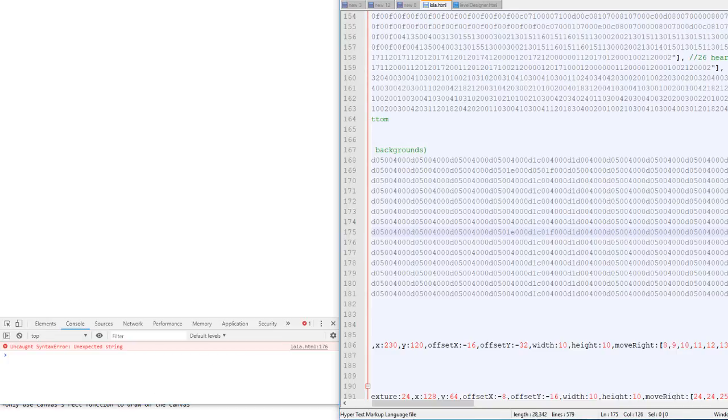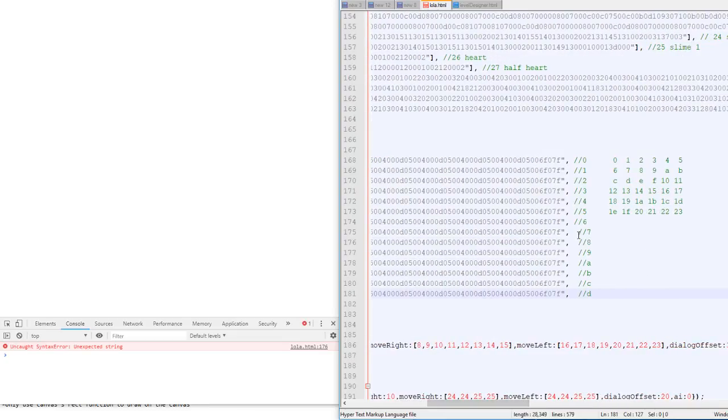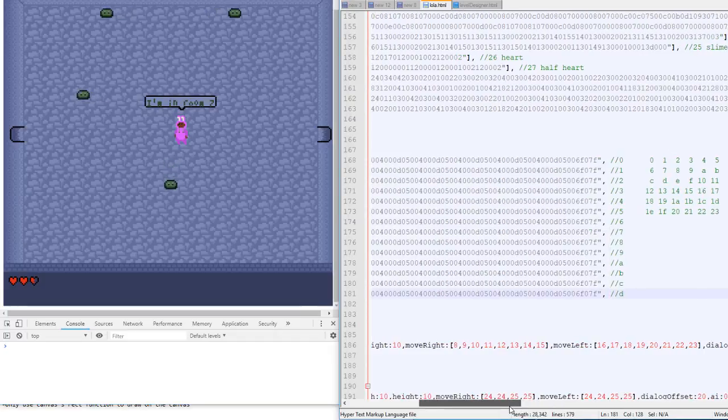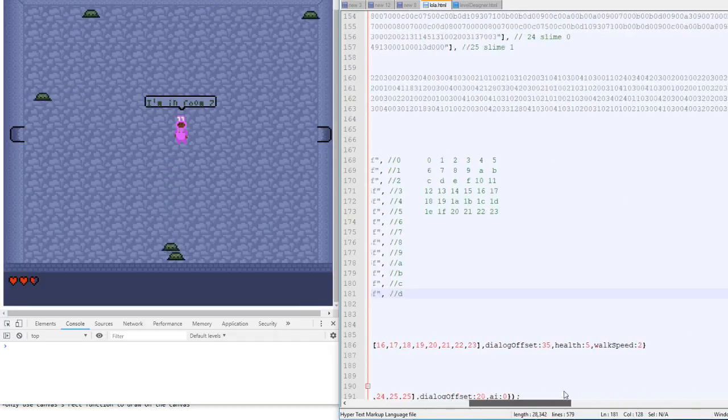Oh, I'm missing commas in my array. Okay, and then we need a door up because I want to see what happens. So the up